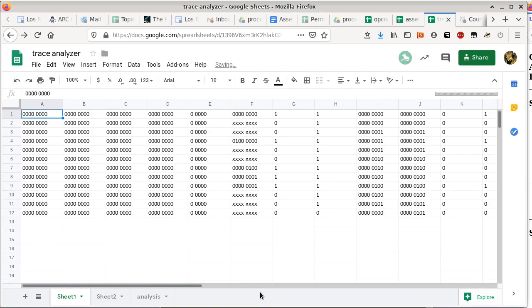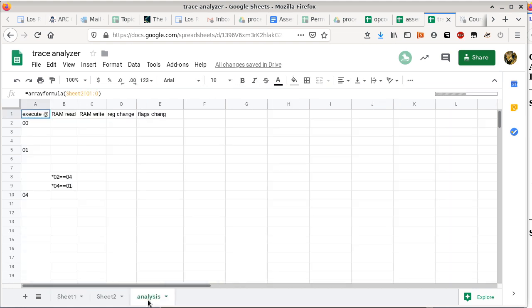It will not take too much time because this trace is relatively short. So you will say, okay, now it looks better, but it's still a whole bunch of zeros and ones. So what you do is, I just mistyped something here. So what you do is you skip Sheet 2, which is an intermediate spreadsheet for me to do some black magic in the spreadsheet. You skip it to Analysis, and this is cool because what this is saying is